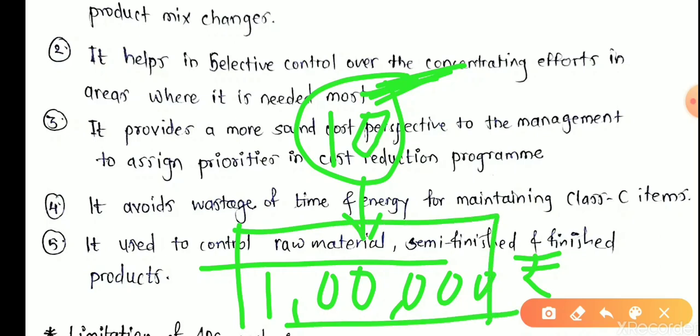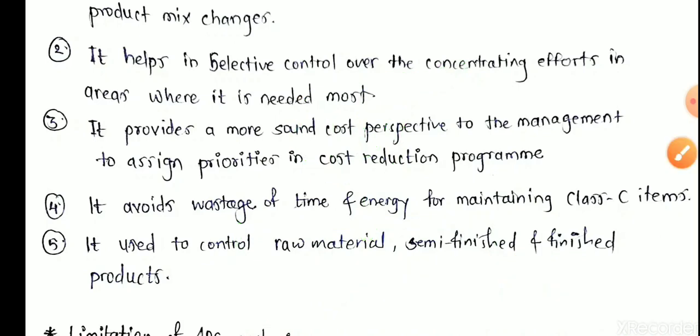Similarly, the petrol fuel in this bike goes to B items, and the other materials of this bike go to A items. Okay, but we can't ignore any A item, B item or C item. Its importance is always similar when we are going to maintain its inventory. How much time and energy we have to spend depends on its availability or unavailability and its scarcity, which we take into account, but we can't ignore any type of items.